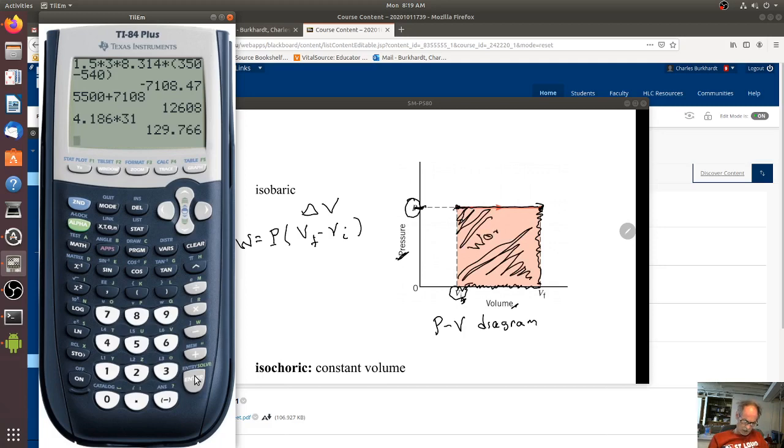This is the work done by the gas. If this process went the other direction and the gas was being compressed to a smaller volume, then this would be a negative work. In this case, the gas is cooling off. It's expanding. In the other case, when you're compressing it, the gas will be heating up. Okay, so